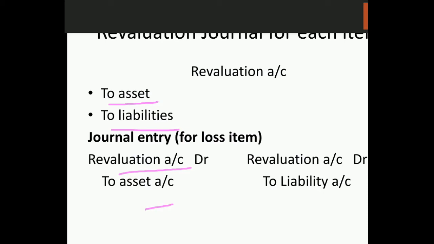I already told you, when we prepare any ledger, from that you can easily post the entry. Simple. You take the heading as the first step and the item as the second step. So your revaluation will be the first one and the asset or liability will come on the credit side. So for a loss item, your entry will be revaluation account debtor to asset account, or revaluation account debtor